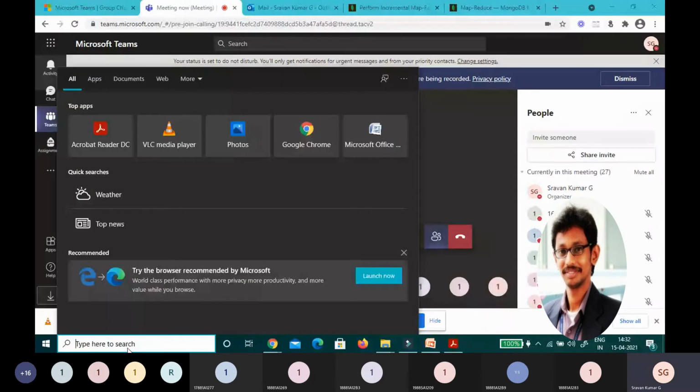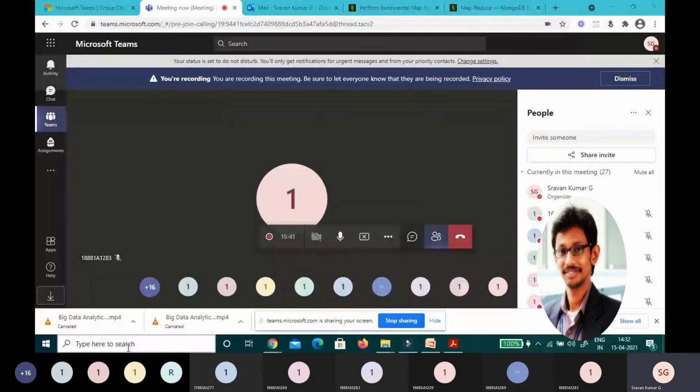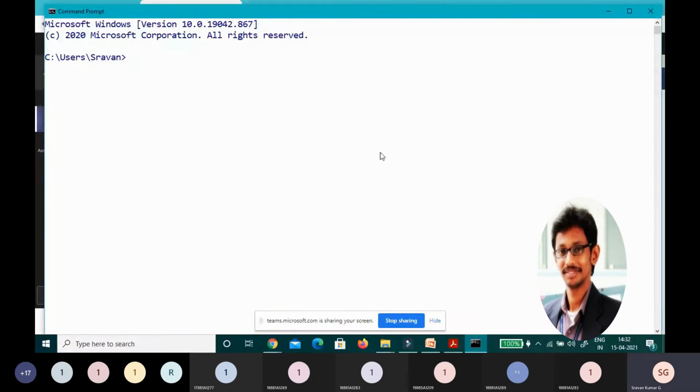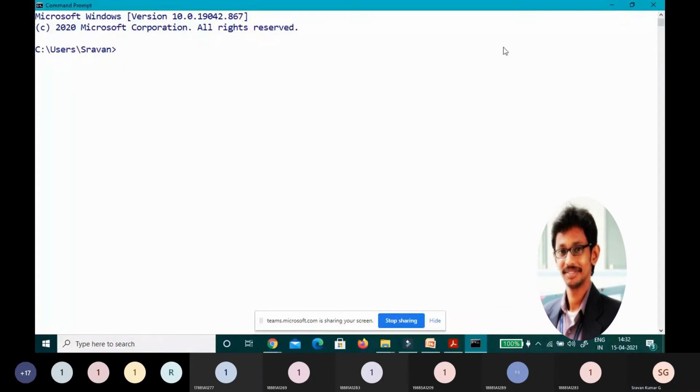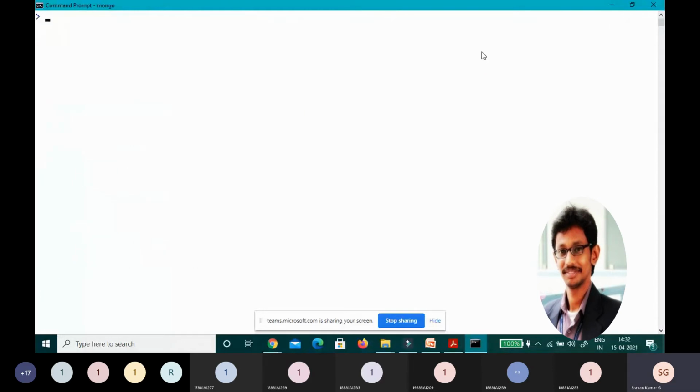All right, I'm opening the command prompt. Now you can see the command prompt over here. What I'm going to do now is go into the Mongo shell, the Mongo client. Yes, I'm in Mongo. I'm just clearing the screen. I would like to know where I am.